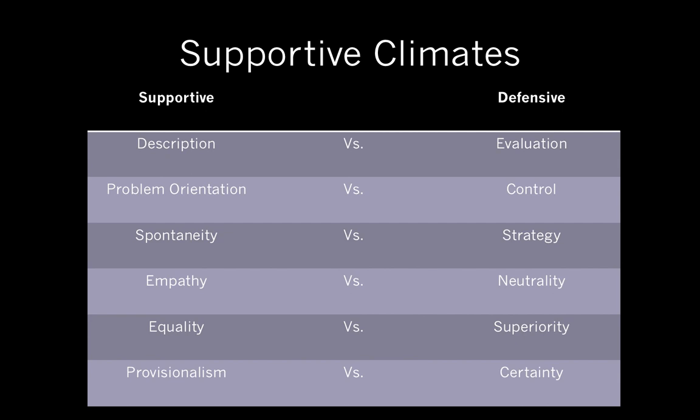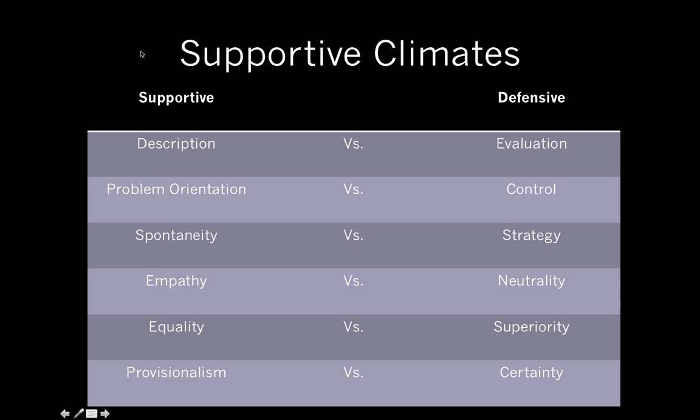The book highlights these a little more specifically, but if groups are constructed via communication, we can probably guess that supportive climates are also constructed or not constructed via communication. Our communication behaviors really help structure the climate as a whole. And so I've listed a table here, which I'm not going to go into. We're going to talk more about this in class. If you check out page 171 of the textbook, you'll see a little bit more of an explanation for this